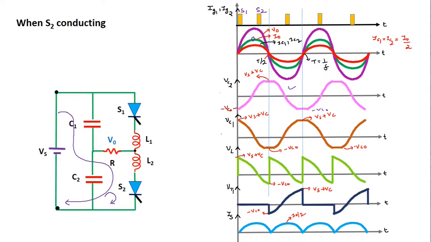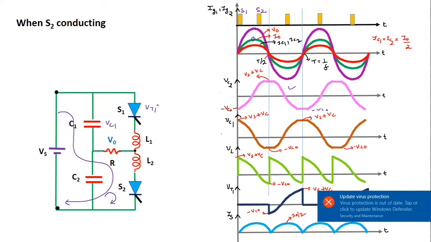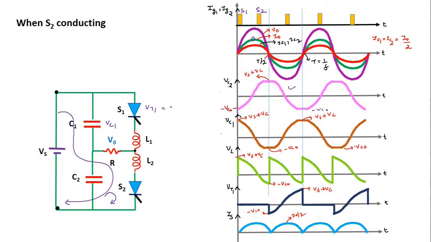Now we will take the voltage across the S1 SCR which is equal to VT1. S1 SCR will be in the off condition when this S2 SCR is in the conducting mode, so it will act as open circuit. Whatever be the voltage across the C1 capacitor, that is VC1, will come across this S1 SCR. So VT1 will be equal to VC1 during the conducting of S2 SCR here. So this waveform of the VT1 will follow the waveform of the VC1 here, as you can see.